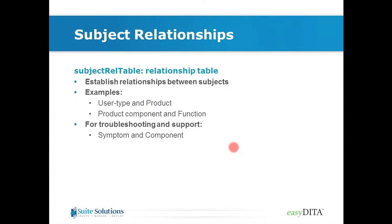Okay, similar to DITA maps, where you can have a hierarchy, you can also have relationships. Okay, and those express relationships between those subjects. So for example, I want to express the relationship between a product and a user type, meaning these types of users would use this product, or components of my product and the functions that they're meant to